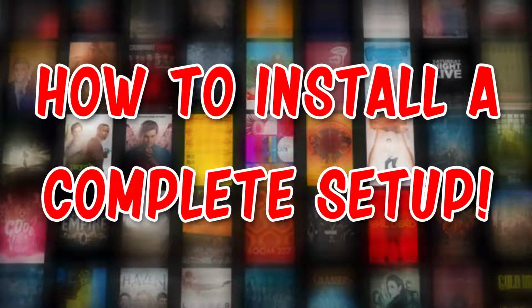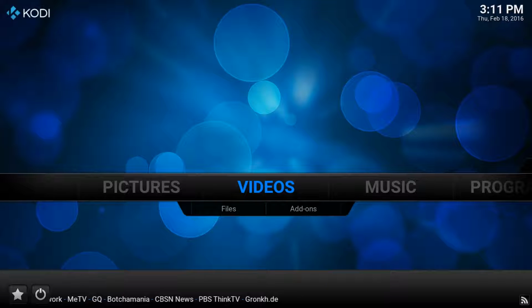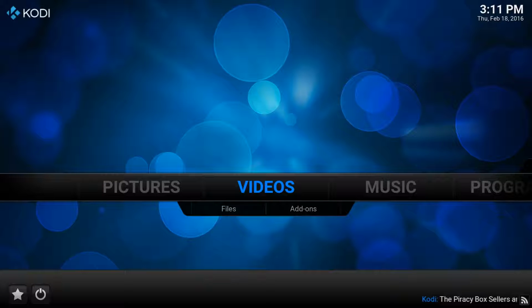Okay, so we are up to the stage where we've got KODI installed. We've shown you how to put in the repositories, or the places where it can find more of the third-party apps or add-ons. We've shown you how to install the add-ons. You can now go and install as many add-ons as you want, but like I said, research whatever it is you put into it. Now what I'm going to show you to do, which sounds a bit higgledy-piggledy, is to install the entire thing, like a pre-configured version of KODI.